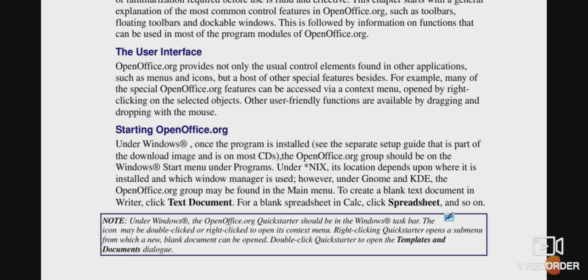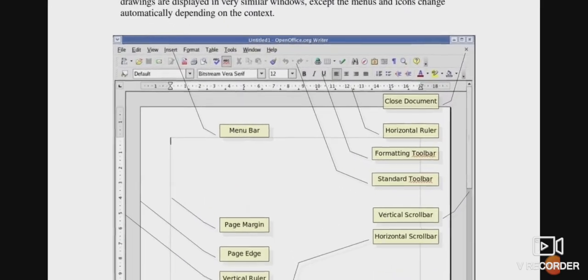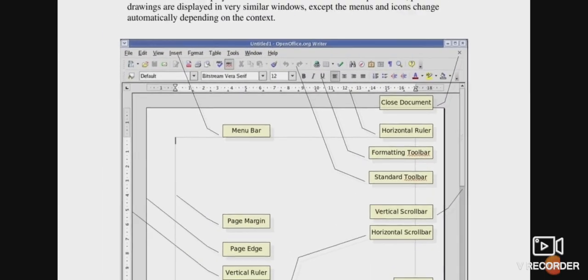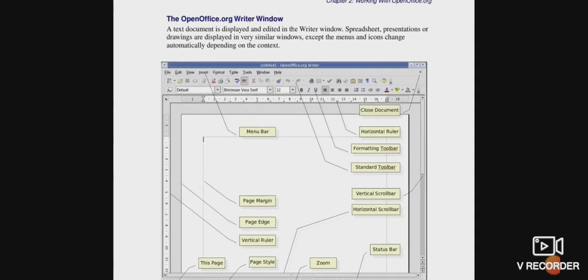When you click Writer, this kind of screen will open in front of you. That is the OpenOffice.org Writer window. So let's study this Writer window.